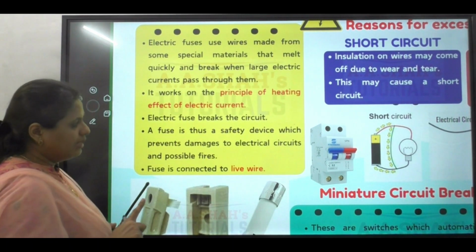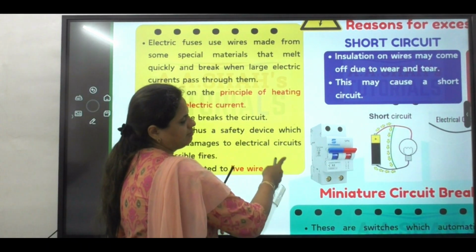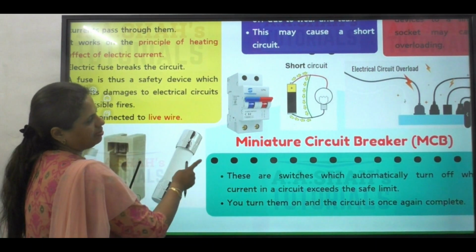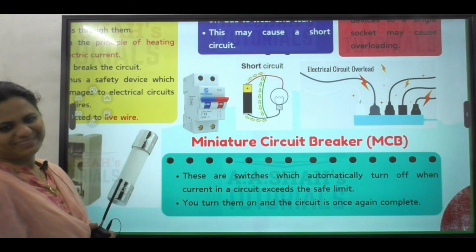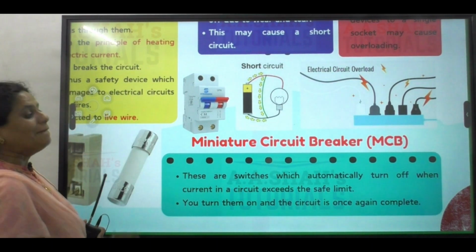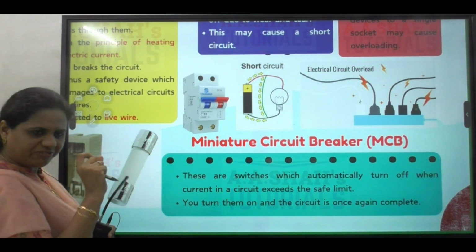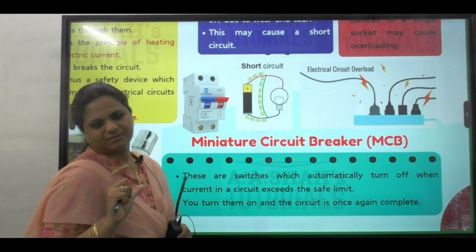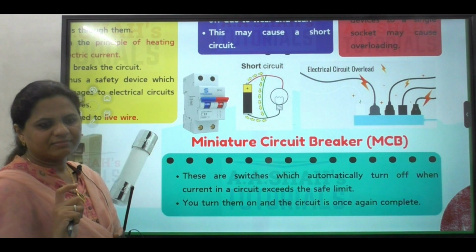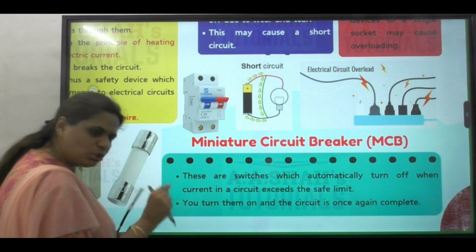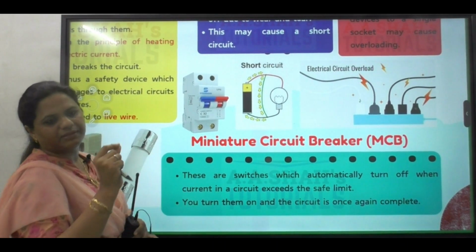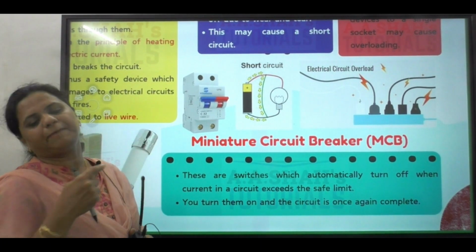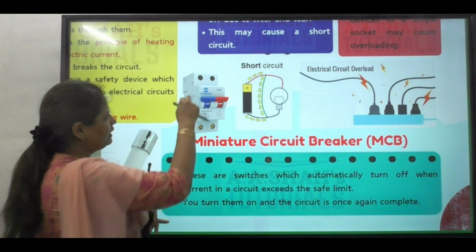Is this clear? But you must have also seen these presently. Have you ever seen this in your house or anywhere? What is this? This is called MCB. What is MCB? Miniature circuit breaker. It is mini. It's not a fuse, it is mini. And you will see in your house also there will be a group of these MCBs. What does that mean? That for each room, each place in your house, there is a separate MCB. So one trips. And this has an advantage that you will not have to call an electrician and replace the whole thing. If there is high amount of electricity passing, it will trip.